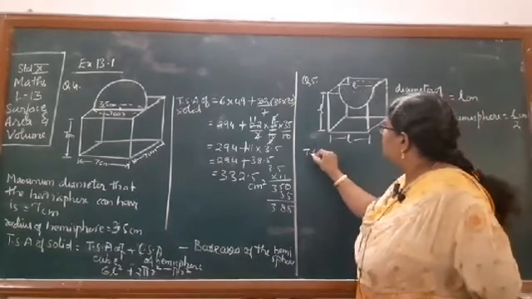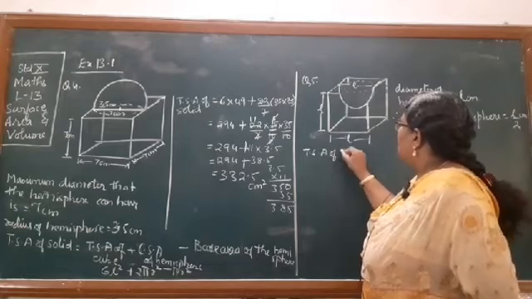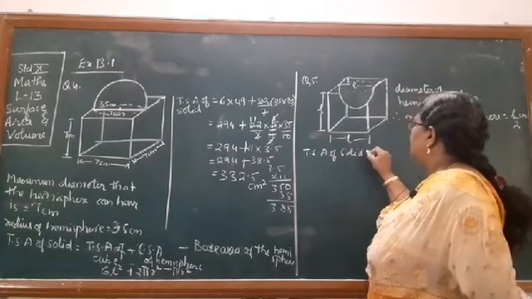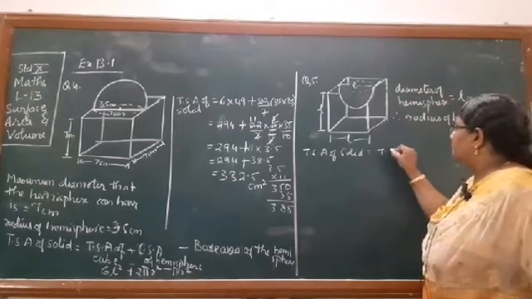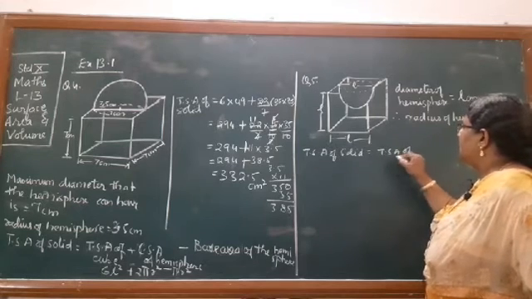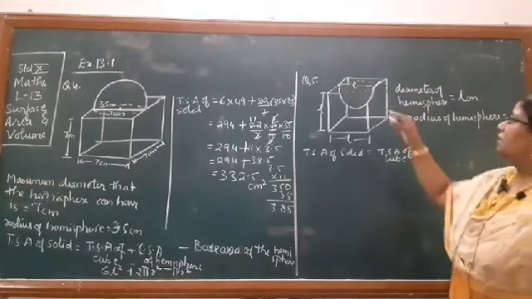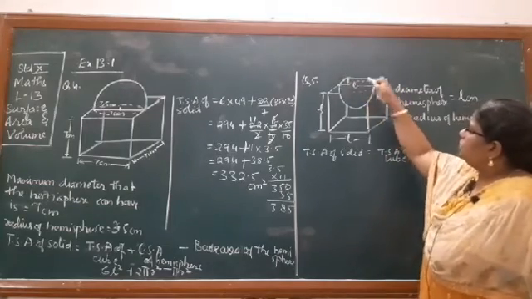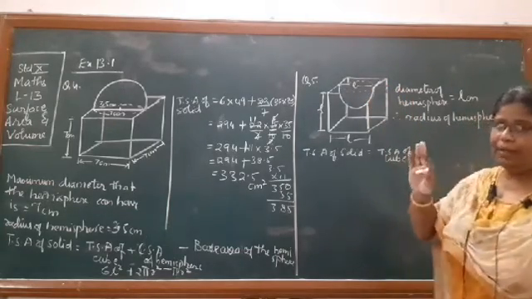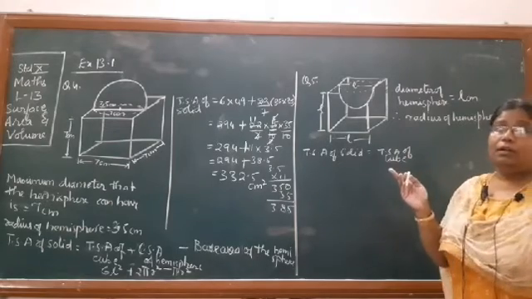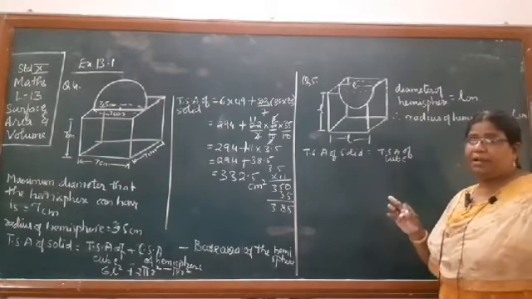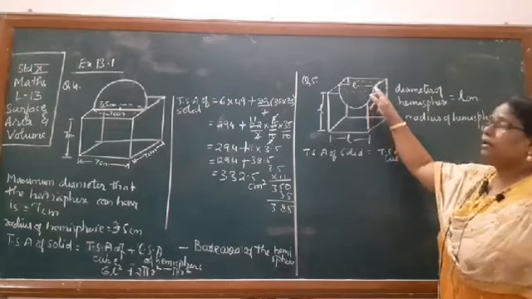So total surface area of solid will be equal to total surface area of the cube, we need the whole of it, but the top part of the hemisphere's base is not there, so the base of the hemisphere has to be subtracted, and we have to add the curved surface area